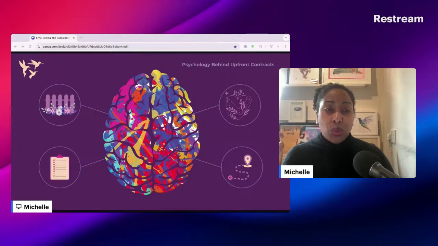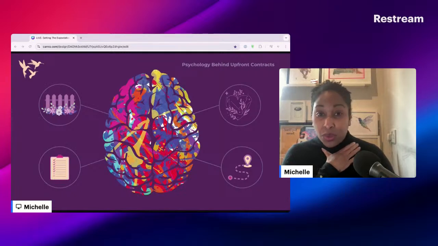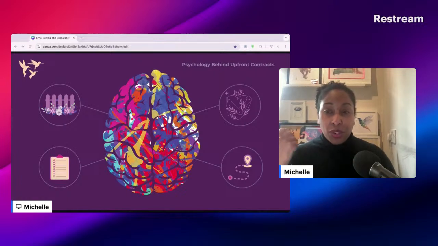That's what we don't want to do with our prospects. So having an upfront contract reduces uncertainty, and that is a core human need. It establishes you as a credible professional. It creates buy-in and therefore mutual accountability for both parties, and it sets decision-making boundaries. All of this means that both you and your prospect have more psychological safety in that conversation.